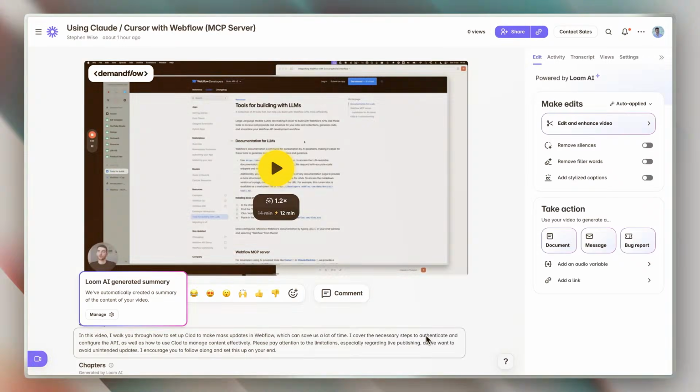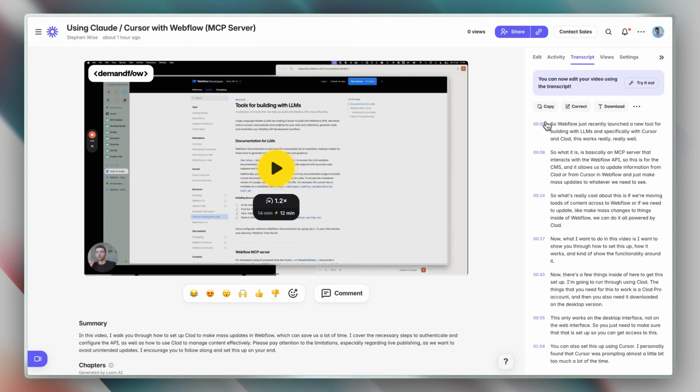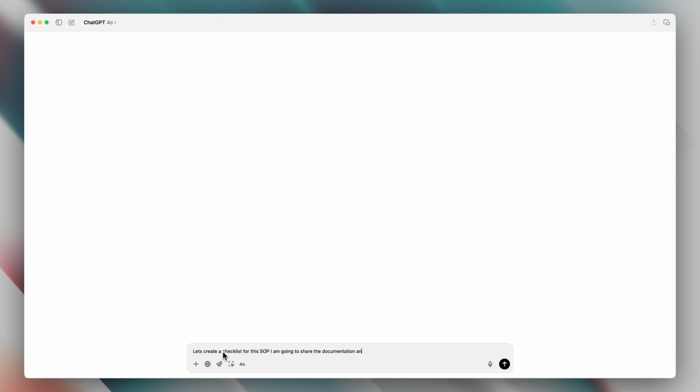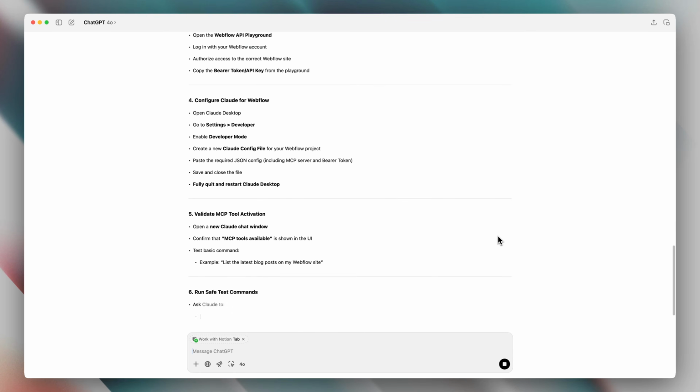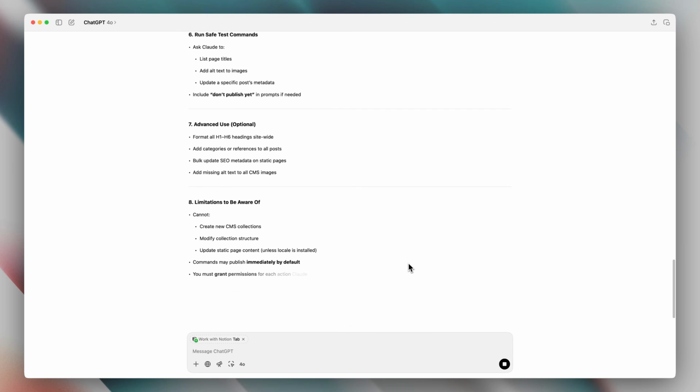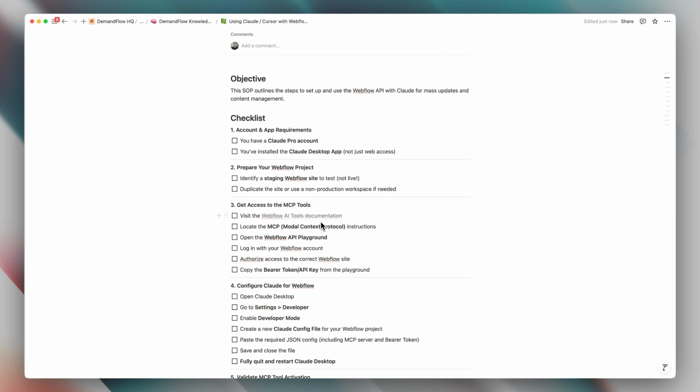They want to get the information, and specifically if they want to reference something, they can reference it inside of here. Now, one little Easter egg that you can do, and it's not something that we do every single time, but one other thing that you can do is grab the transcript from Loom, and when you grab that transcript, you can run it through ChatGPT. So you could theoretically say, hey, create a checklist of all the things that this user needs to do when following these steps. That is something that we have done a few times, and it can be really useful, but